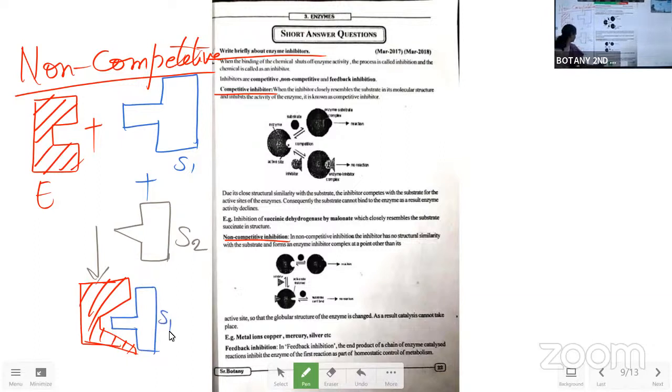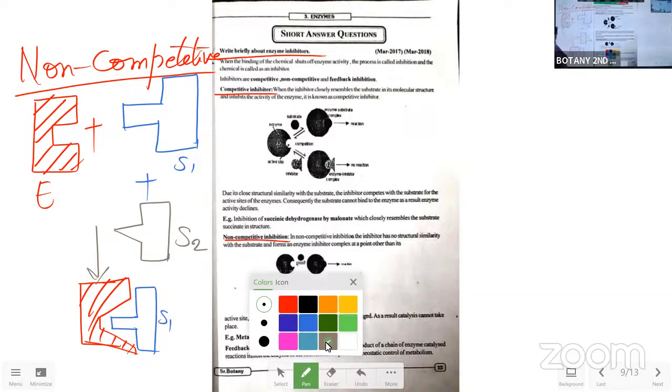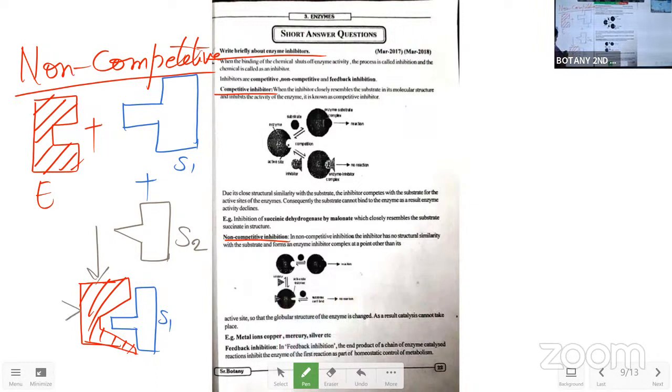This is the substrate 1. Now, the substrate 2. So, what it does the action, the substrate 2, that is the inhibitor. Inhibitor joins, attaches to the enzyme